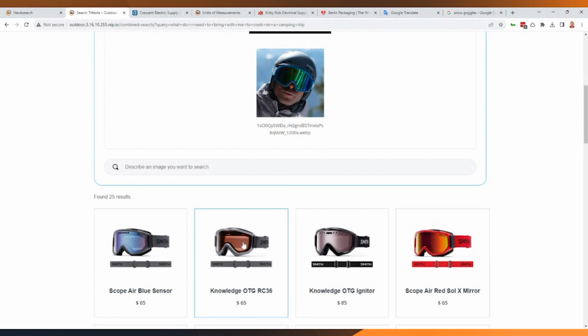Because what's actually happening here is it isn't looking for what this image looks like versus the image that you've uploaded. The AI is actually analyzing this image and saying, oh, this is snow goggles, and understanding that this is also snow goggles. The perspective might be very different, but it's analyzing it to understand what is in that image and then finding the match in the back end. So it doesn't need to be a one-for-one.